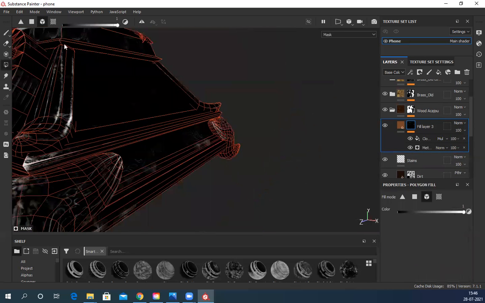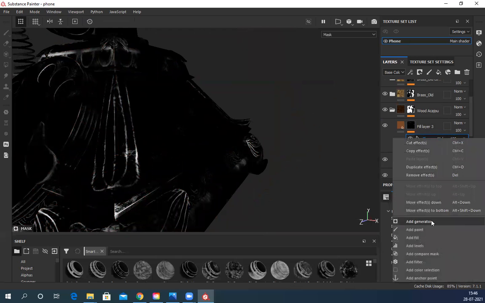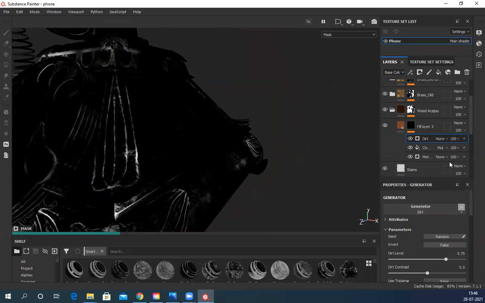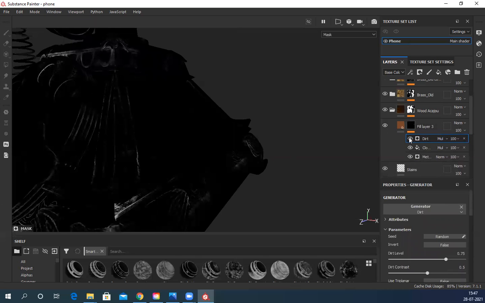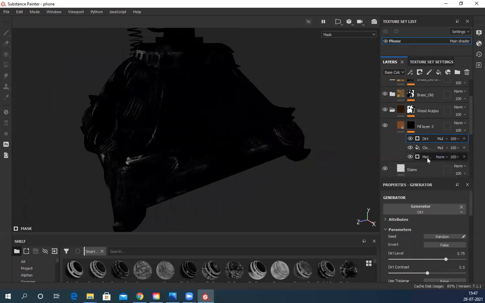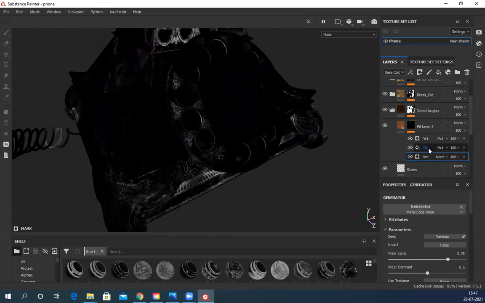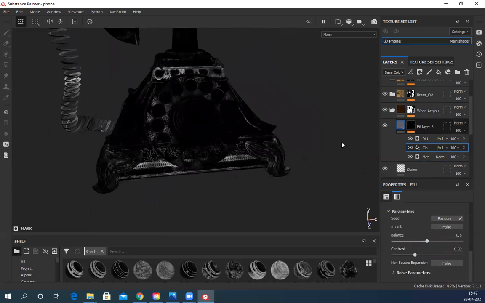So Alt click on this, all the corners should go. So select this, right click, add another generator, and this time add dirt. And then change this mode to multiply again. So all the corners, it will make them slightly dark. And now I feel this intensity is very low. So I can increase this slightly. And balance this cloud intensity slightly. And click on this now.